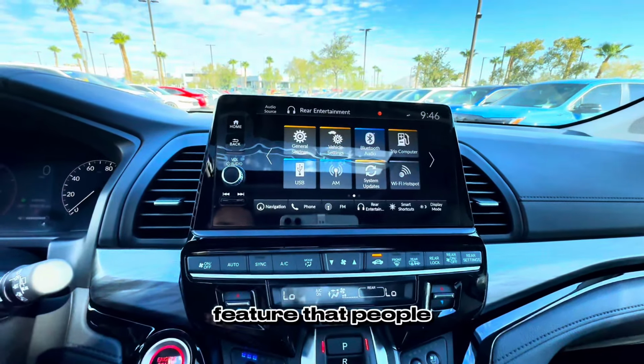It has a wireless charger. I have a wireless charger in my car. I don't use it because it just doesn't work very well, because as soon as your phone moves, it loses signal to charge. This one's going to have a heated steering wheel, which we don't use here in Vegas. But if you're in a colder climate, East Coast, Midwest, places like that, then the heated steering wheel would come in handy. All your control dials here to control the vehicle and all the settings that'll show up here on your